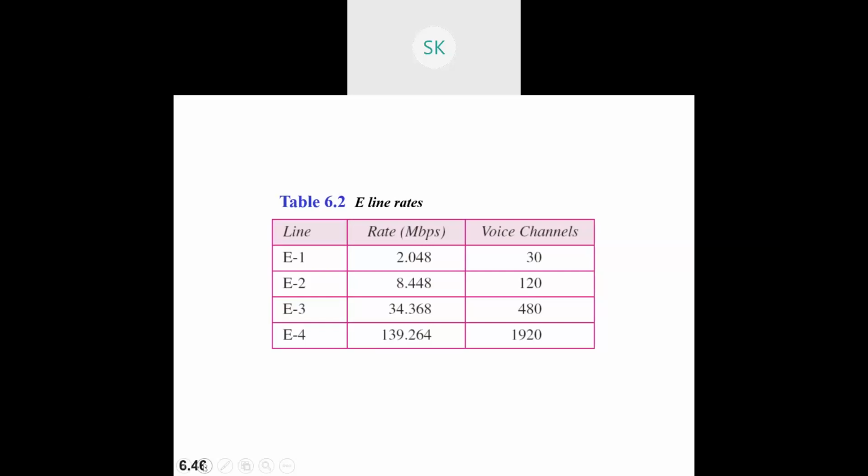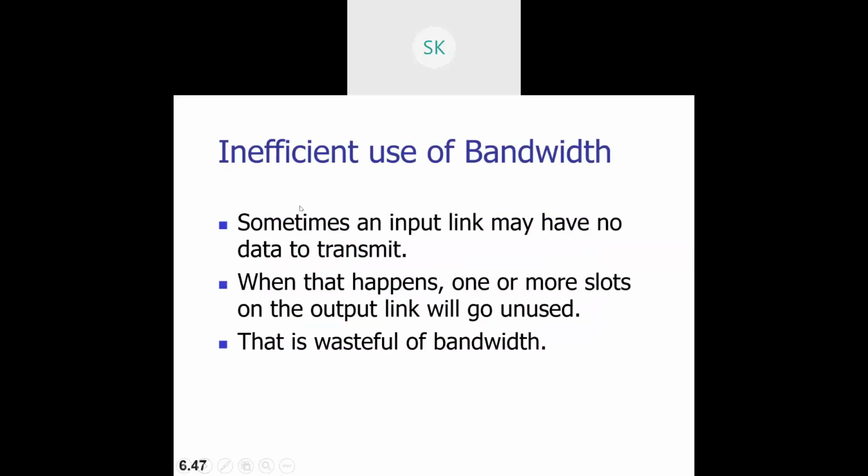So with respect to your DS, that is digital signal, and the T lines rate. T lines is nothing but one particular signal coming with respect to each one of it. How many T lines will we have, and what is the rate? How many voice channels? It really depends on this hierarchy. The same hierarchy has been put in the table. Right now we will not concentrate on that. How a T line works, that's what we'll see in this example.